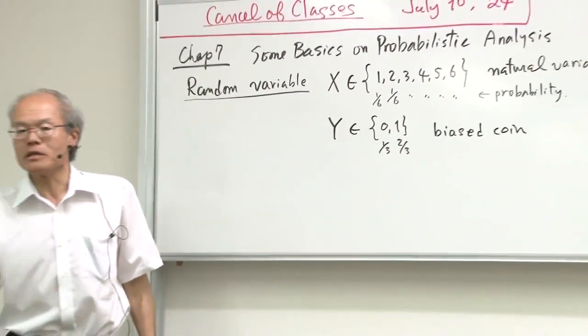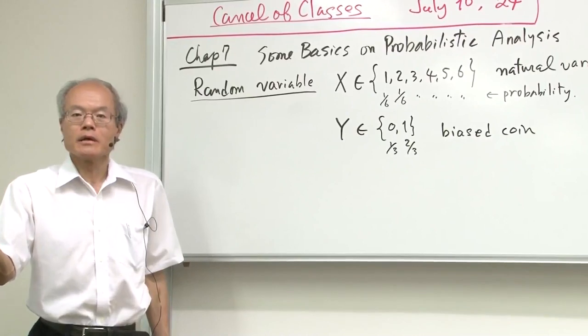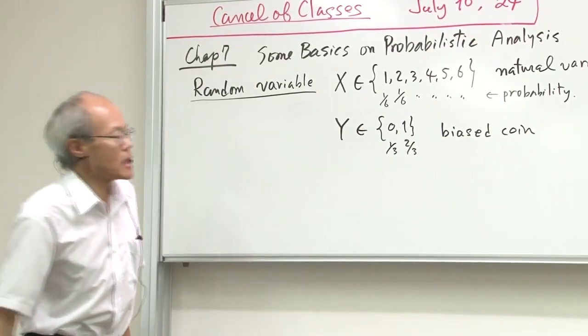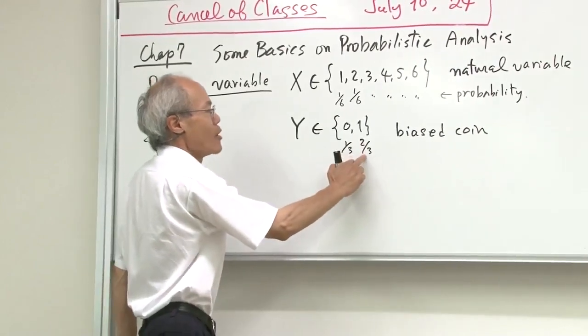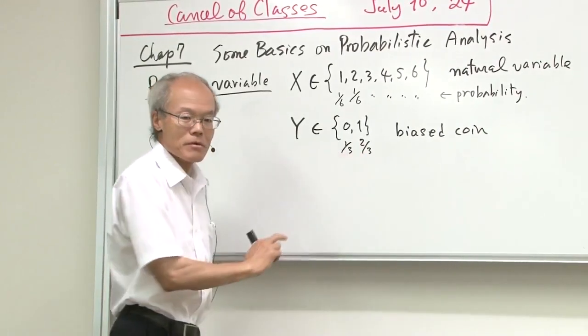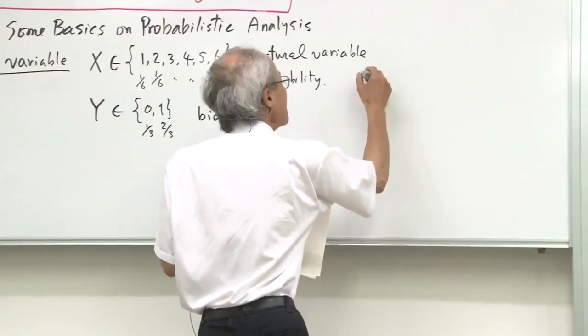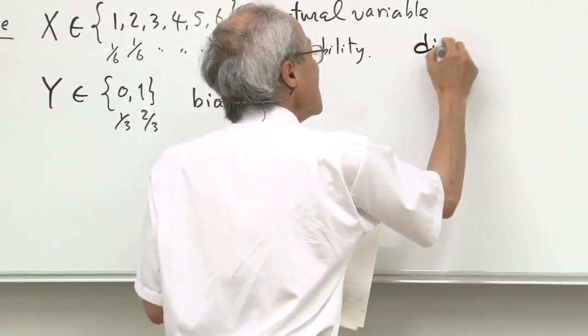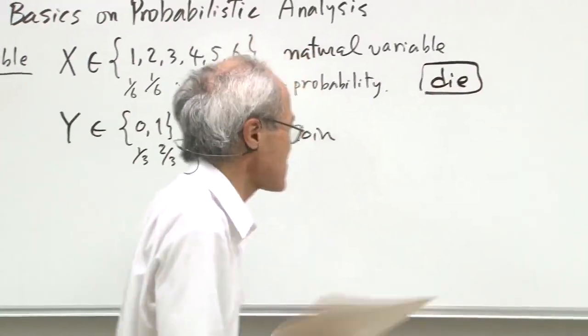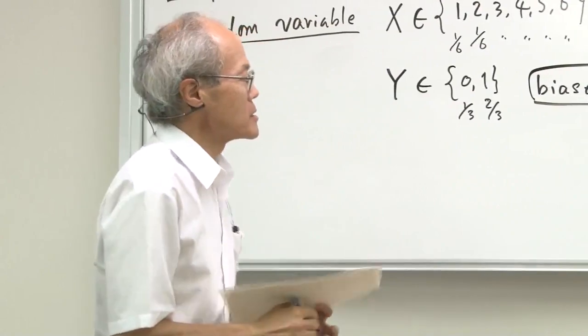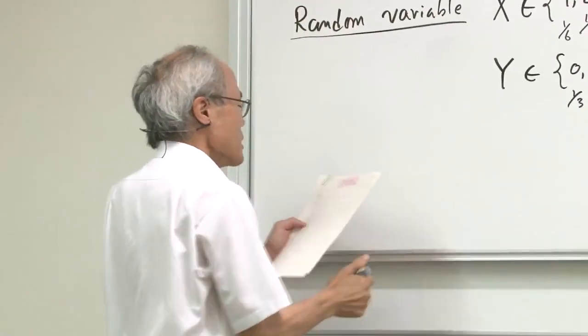If it's a fair coin, then of course head and tail have probability 1/2. But biased coin means head has more probability than tail, for example. Okay, this is a biased coin, and this is a die. So this is a notion of random variable, and